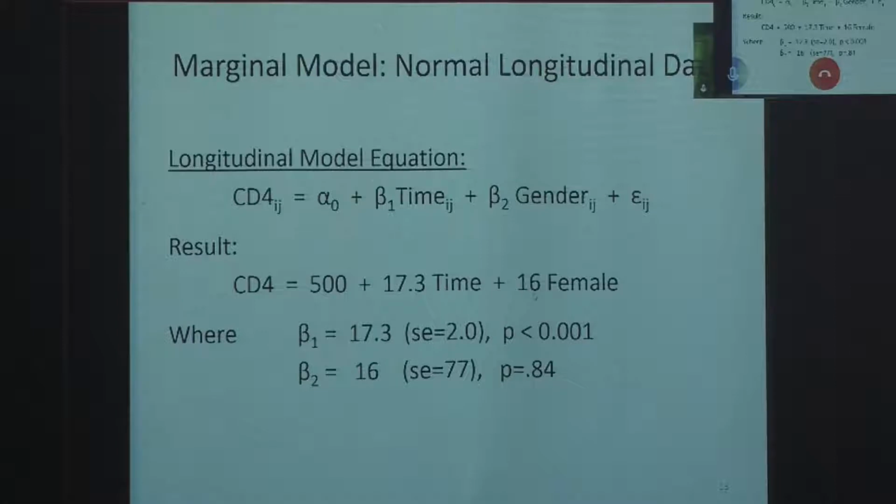And 16 is the estimated coefficient for gender. It's the comparison between women and men. Women have slightly higher CD4 counts, but the estimate is unstable, has a large standard error. The ratio, the T, is non-significant, and so men and women basically have the same CD4 counts,